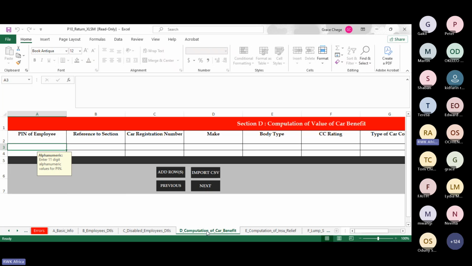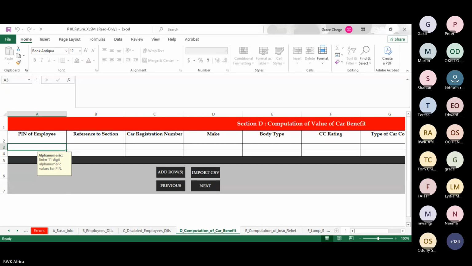Computation of car benefit is equally not there. So what you're going to do, these computations will be done offline. You're going to compute this in your Excel and then transfer that information to sheet B. So computation of car benefit and people with disability have been merged to